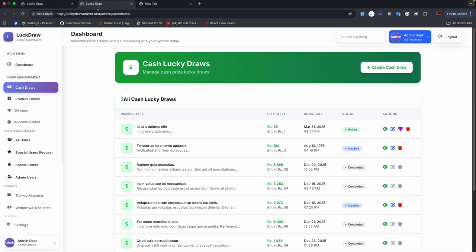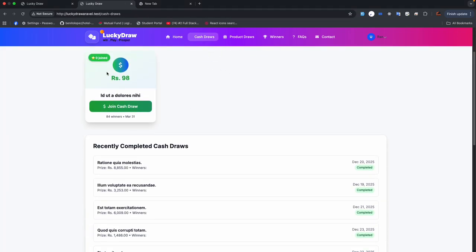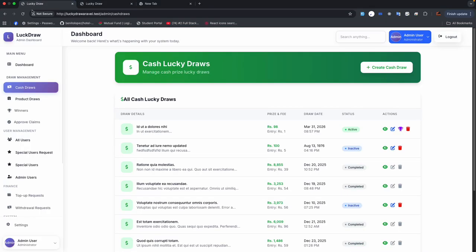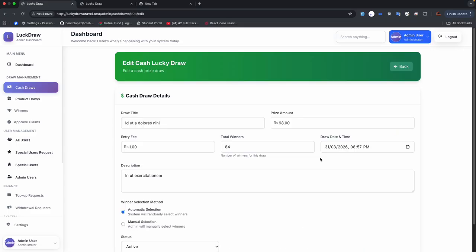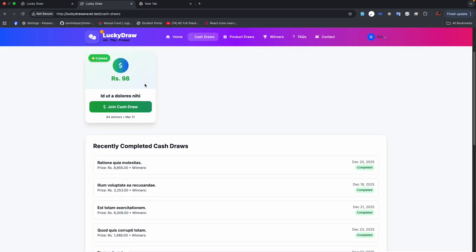let's open a new tab. Go to the website's cash draw. There is one cash draw for 4 winners, March 31. That is defined as how many winners in this one. Total winners is only 2 winners needed, and already cash draws, right? So 2 winners needed and join cash draw. Okay,